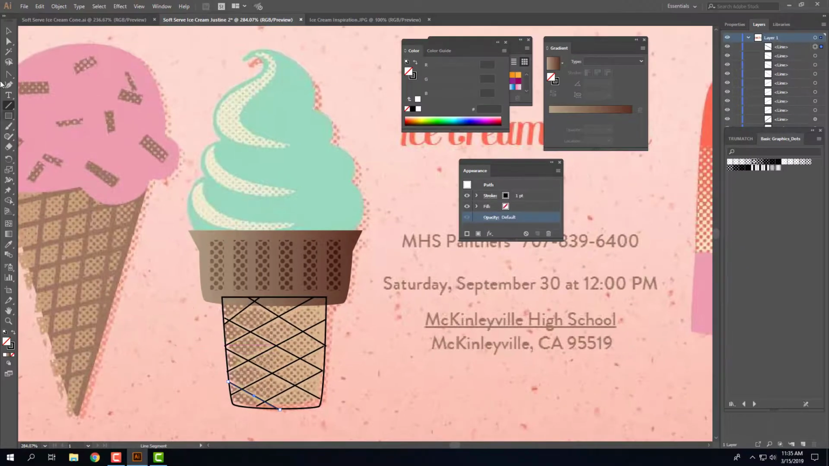Okay, now I want to change the cone, so I'll click the selection tool and select the bottom part of the cone, and I want to give it the same gradient as the top part of the cone, and there's a really fast way to do that. Simply use the eyedropper tool, and with this bottom part selected, simply click on the top part and